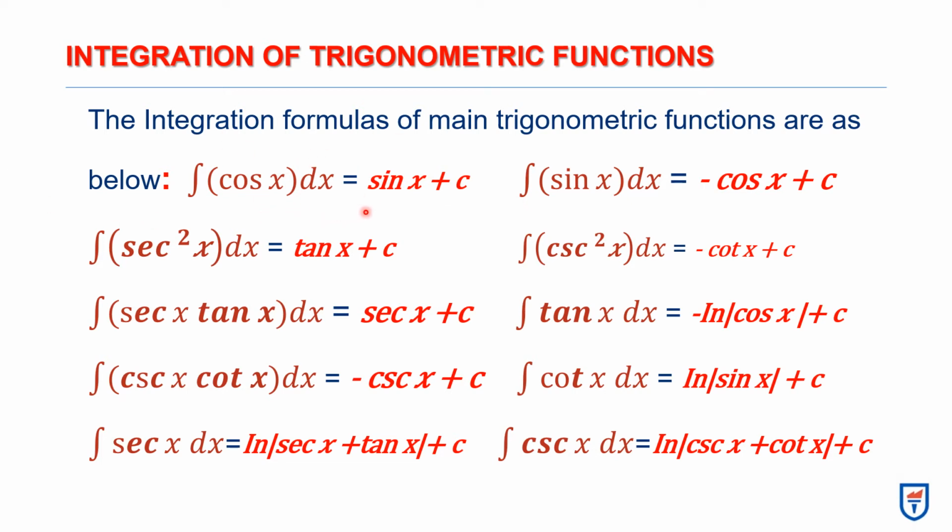Integration of cos x dx is always equal to sin x plus c, and integration of sin x dx is equal to minus cos x plus c, which is our constant, and integration of sec squared x dx is equal to tan x plus c, and integration of cosec squared x dx is equal to minus cot x plus c, and integration of sec x tan x dx is equal to sec x plus c, and integration of tan x dx is equal to minus ln cos x plus c, and integration of cosec x cot x dx is equal to minus cosec x plus c, and integration of cot x dx is equal to ln sin x plus c,